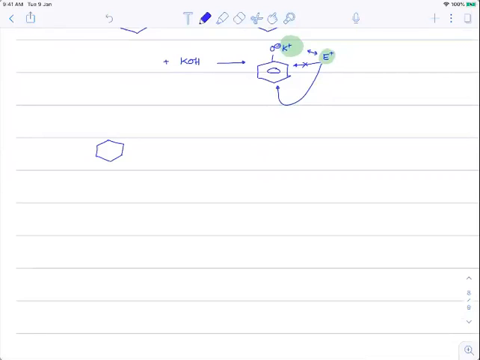Now you see that the phenoxide ion which has formed is a highly activated ring. It is reacting with carbon dioxide. Carbon dioxide will have delta positive on the carbon, so this will attack on carbon. So this will get replaced here, and we will get a double bond. So we will have this as double bond O, and here the group will be C double bond O and O minus with this. Okay, and hydrogen is present.